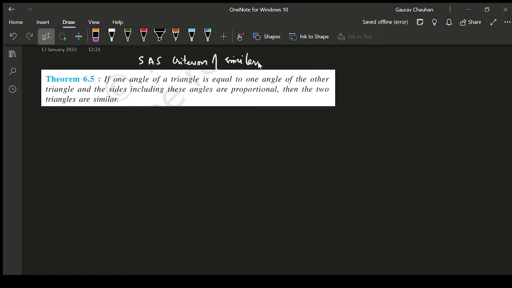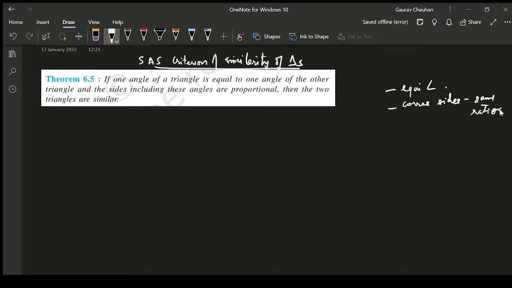Just to give you a brief recap, very quickly, we have already covered this in the last two videos, but I'll just give a recap nonetheless in case you're watching this for the first time. So there are two criteria of similarity of polygons. All of them have to be met. That is, they should be equiangular and the corresponding sides should be in the same ratio, right? So any two polygons, if they are similar, they have to meet both of these criteria. There's an "and" in between, yeah. And this applies for triangles also. This applies for similarity of triangles also, right?